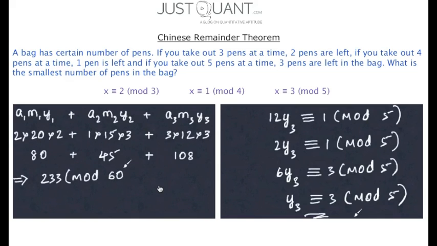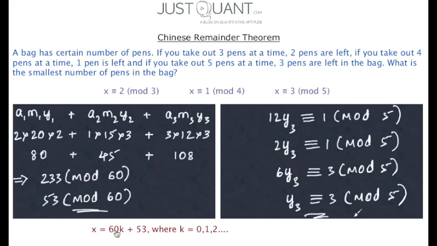Now 233 mod 60 is nothing but 53 mod 60, since 233 gives us a remainder 53 with 60. Hence the value of x is obtained by using the equation x is equal to 60k plus 53, where k is equal to 0, 1, 2 and so on. Now the smallest number of pens in the bag occurs when k is equal to 0, that is x equal to